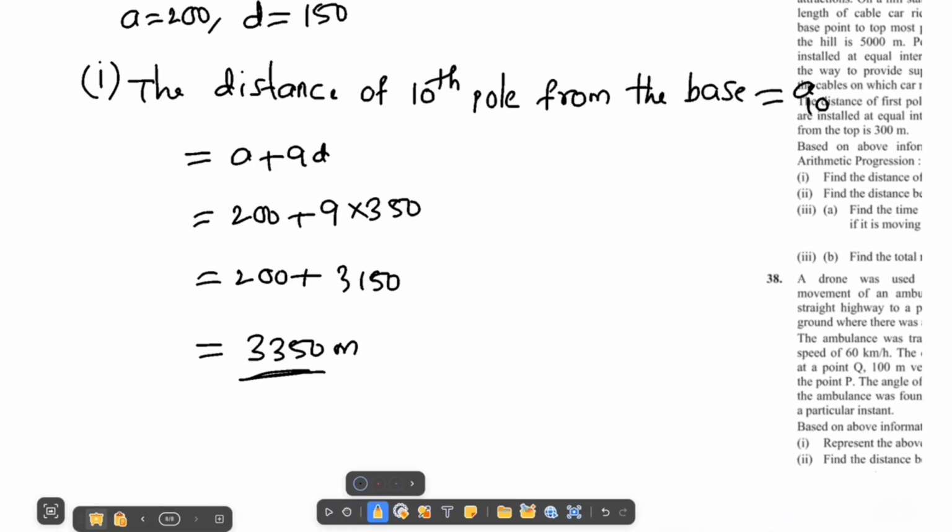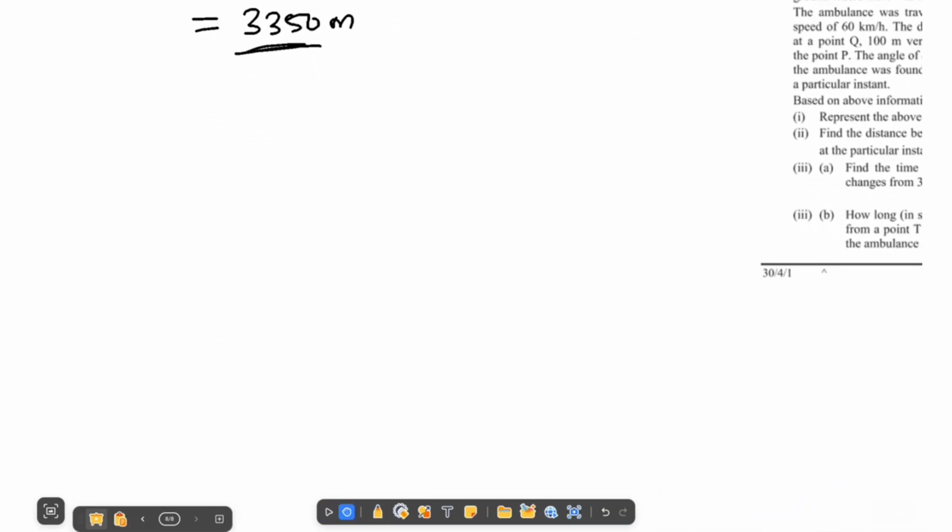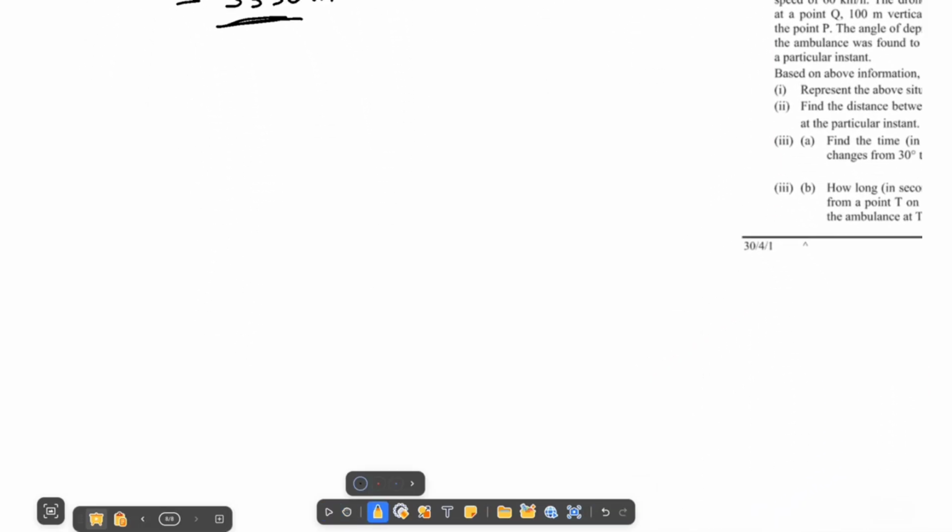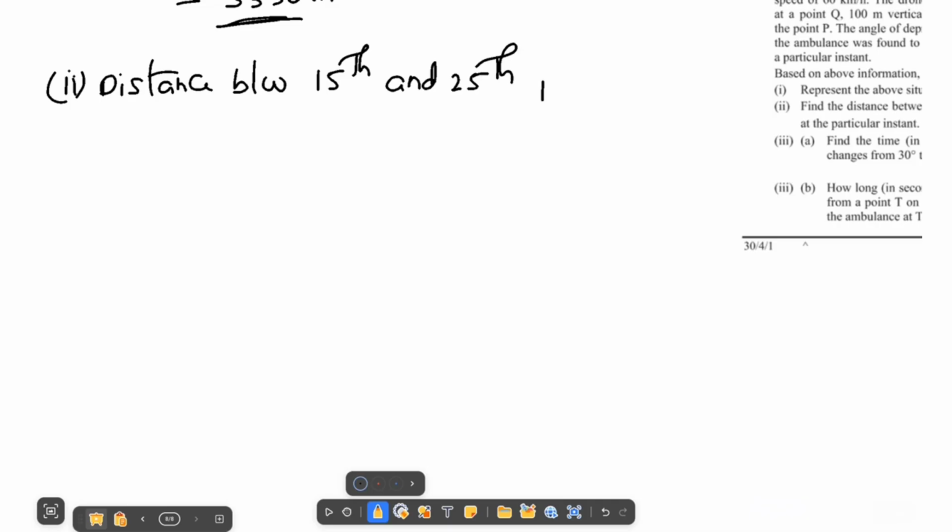So let's write the second question answer. Distance between 15th and 25th poles will be equal to